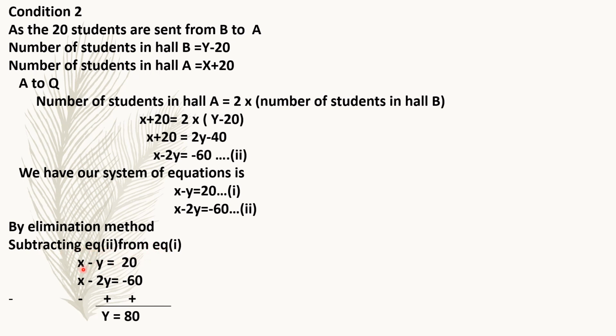So we arrange these equations in horizontal form, which is the horizontal method. Now during this, the sign will be changed. The minus 60, which is a negative sign, becomes positive. Minus 2y becomes positive, and x, which is a positive sign, becomes negative. On solving we get y equals 80.